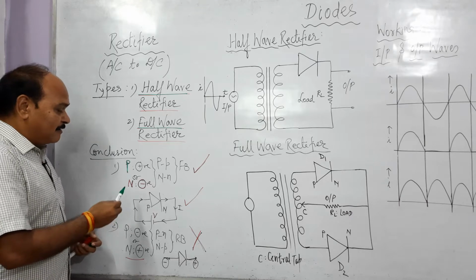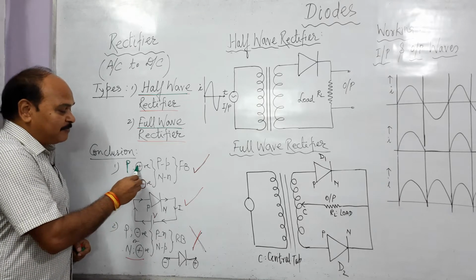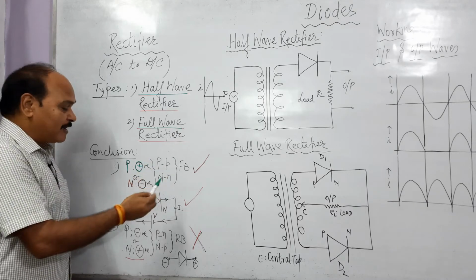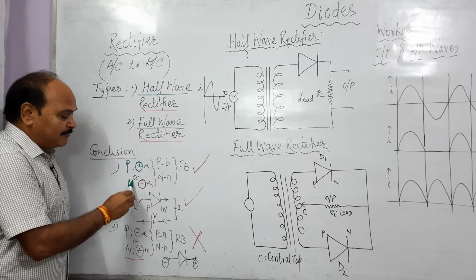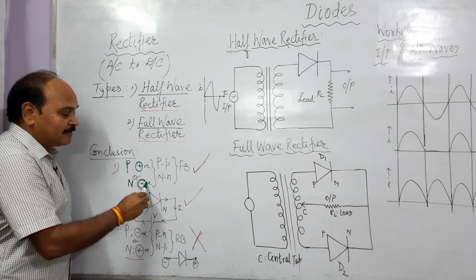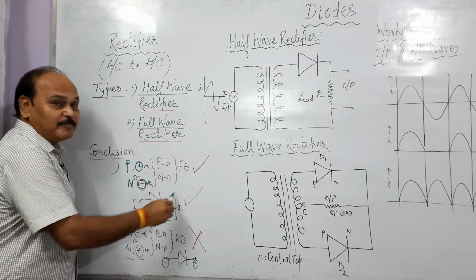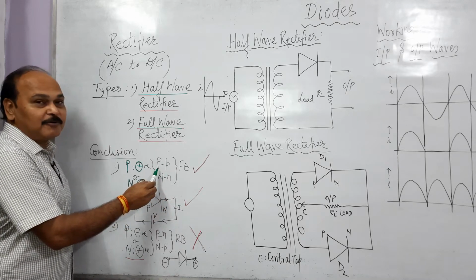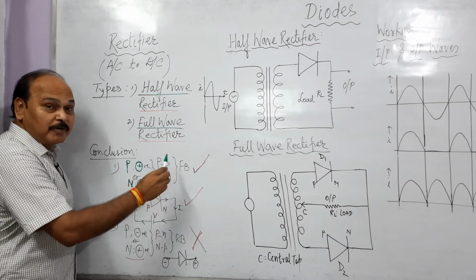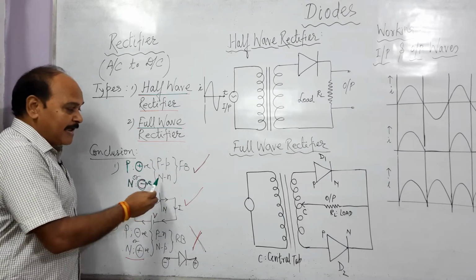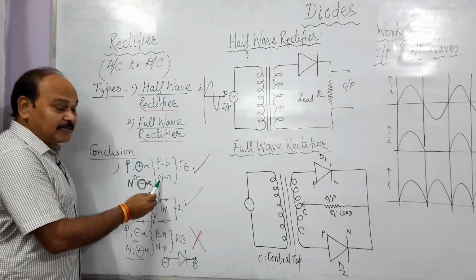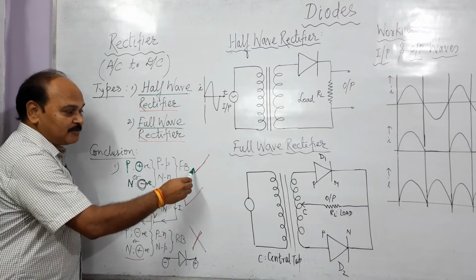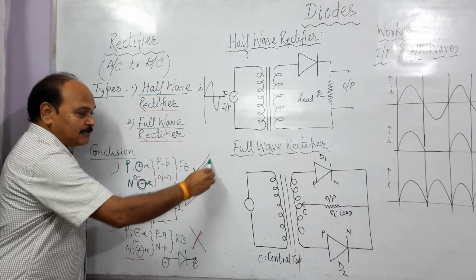Well, when P side of the diode is connected with positive terminal of the battery, or N side of the diode is connected with negative terminal of the battery, diode is said to be forward biased. P to P, N to N. This P is the P side of the diode and this small p is the polarity of the DC terminal. N side of the diode is connected with negative polarity of the DC terminal. Well, in this case the diode is said to be forward biased, and when the diode is forward biased, it